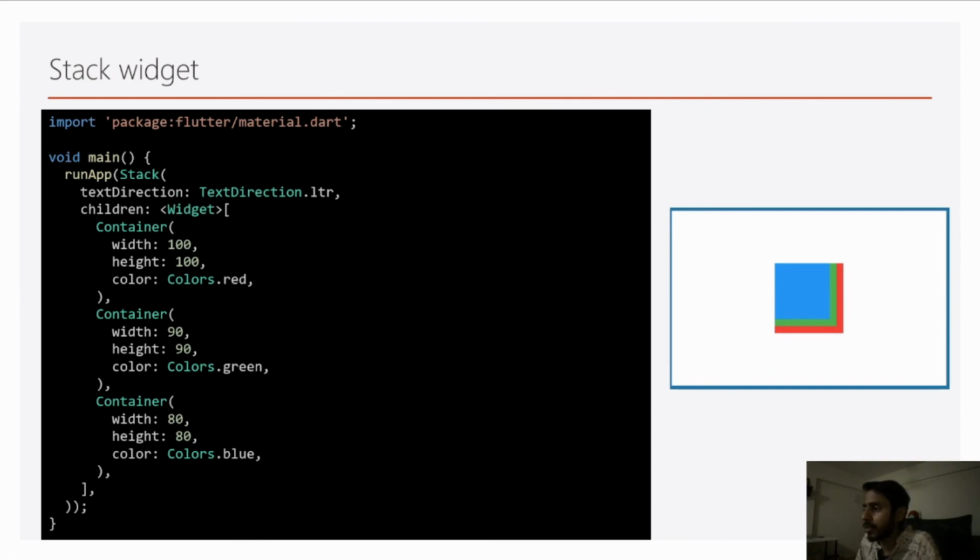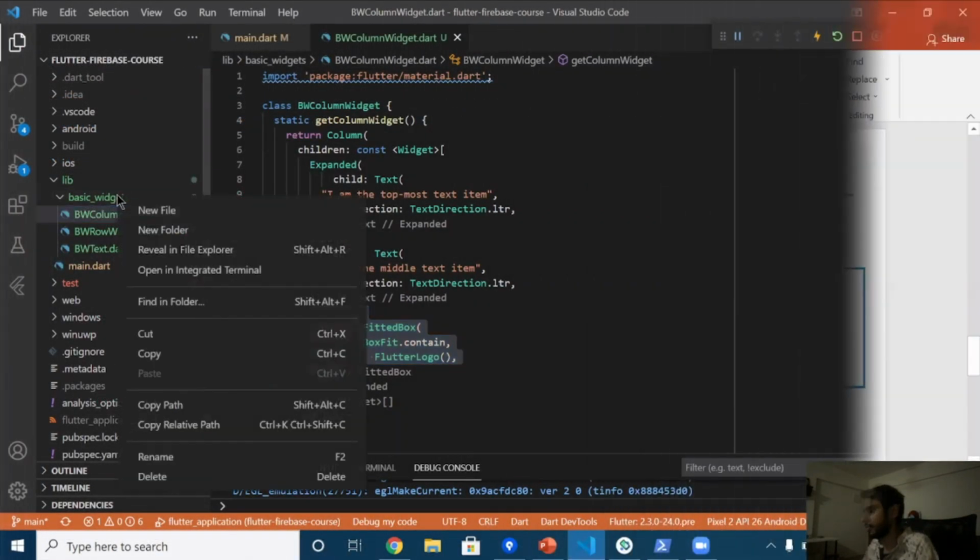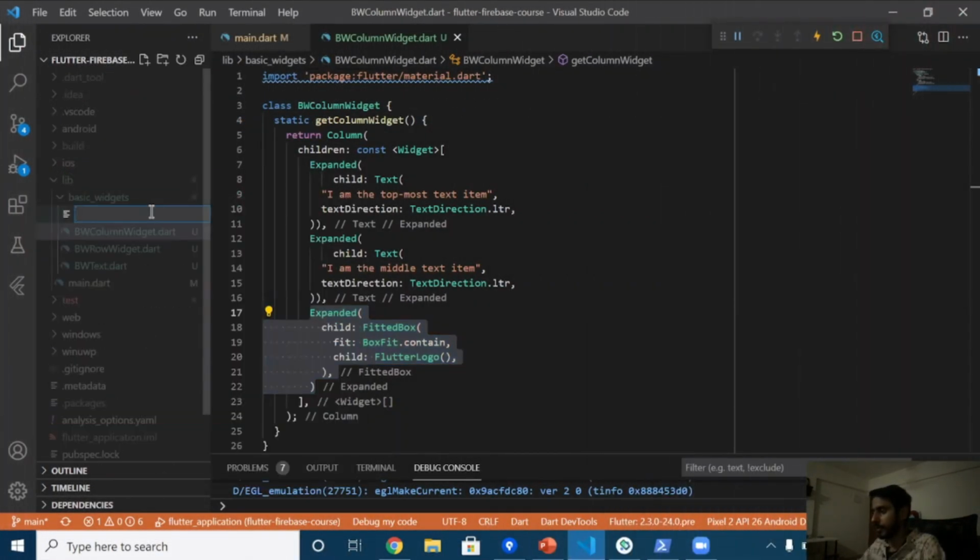In the children we have to create another widget called container widget, and we have to give width and height of the widget and the color, and that's it. So let's go ahead and do this. Create a new file, stack widget dot dart.